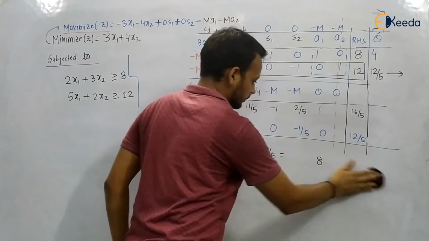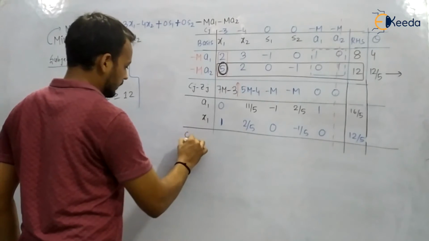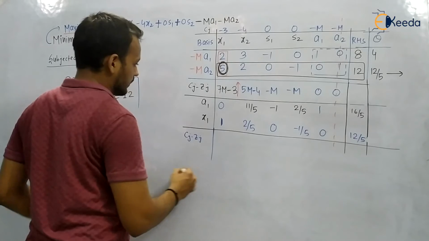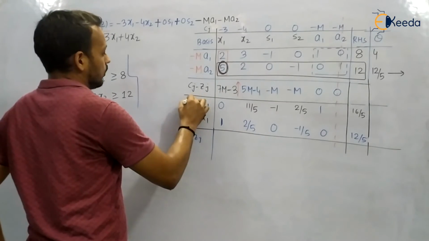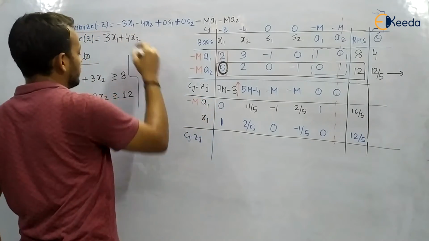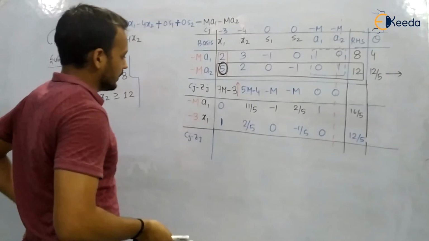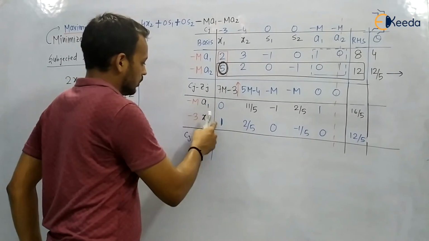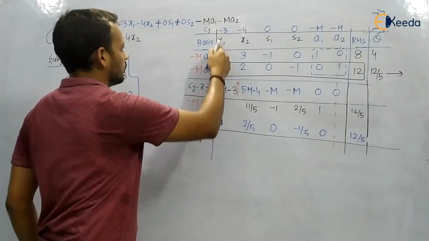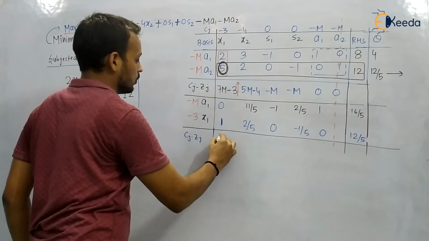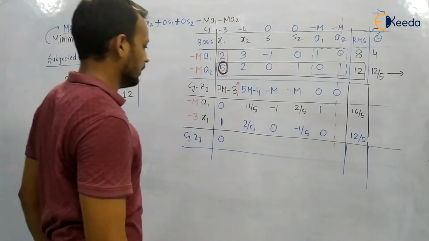Okay, now just calculate Cj minus Zj. Just calculate Cj minus Zj, and here we have to put the coefficient. The coefficient of a1 is minus M, and of x1 is minus 3. Okay, so you have to calculate the Cj minus Zj value. So here this will be 0, and this is going to be plus 3. This is going to be plus 3, minus 3. So minus 3 and minus of minus 3, it is going to be 0, simply 0, because x1 is in the basis. So it is going to form the basic variables.